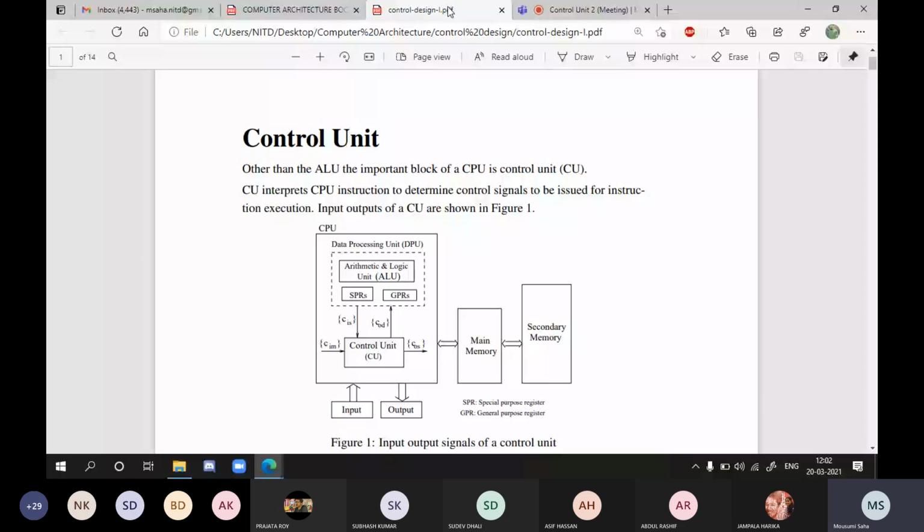So the control unit needs some signals to generate the other control signals. It needs some inputs, and at the same time it generates control signals to control the different elements inside the processor and outside the processor. Okay, so now,